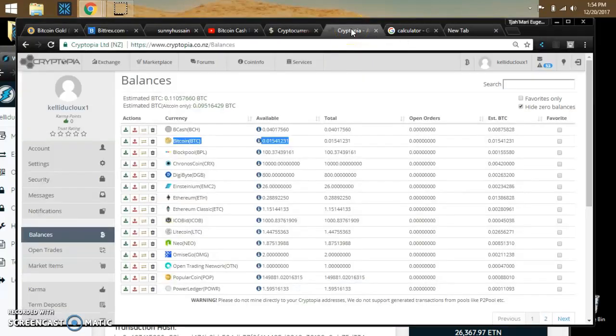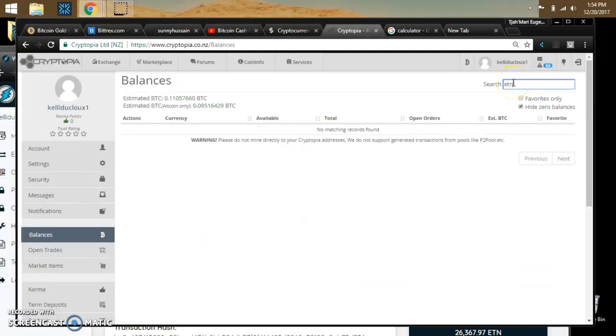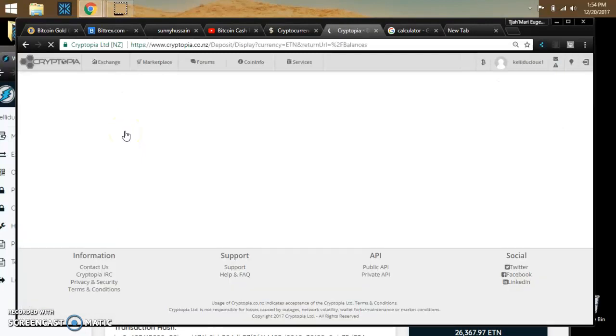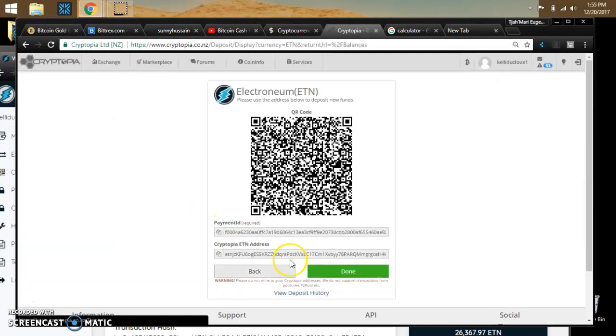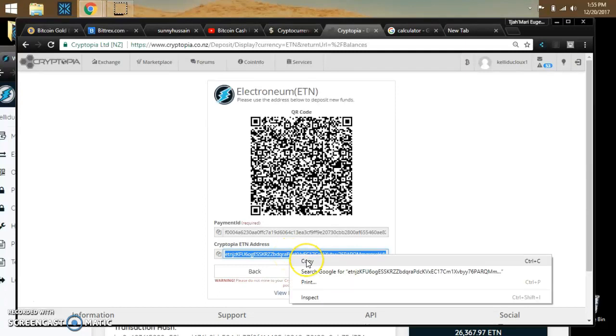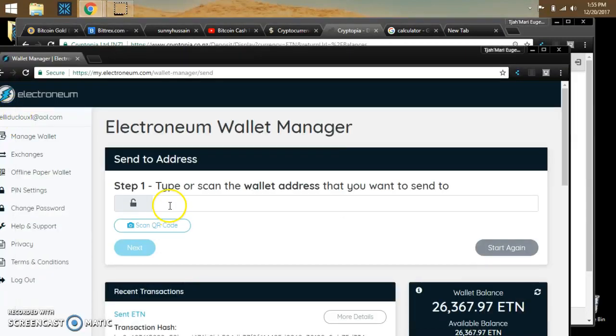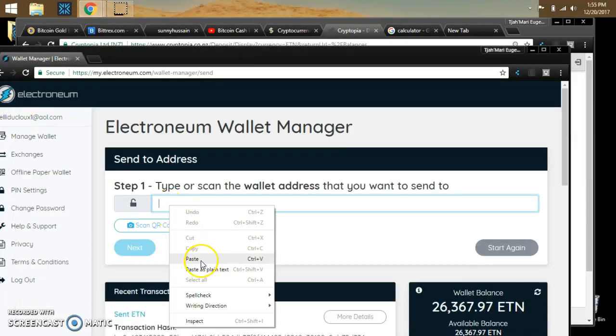So let's go there, and let me find Electroneum, change this to here, get an address by clicking deposit. We're going to copy the Electroneum address, go back here, paste it in,